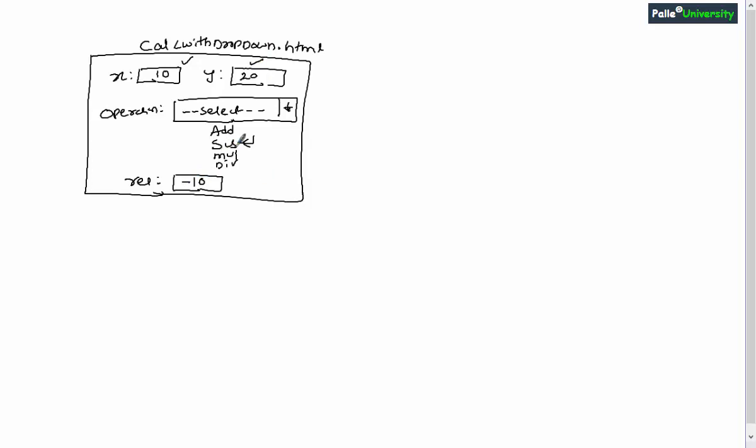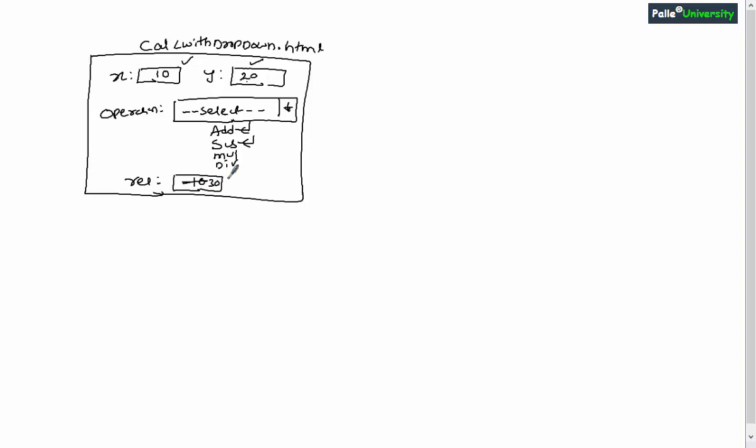If the user is selecting subtract, you have to perform the subtraction operation on these numbers and display the result. If the user is selecting add, obviously you have to perform the addition operation and display the corresponding result, so on and so forth.